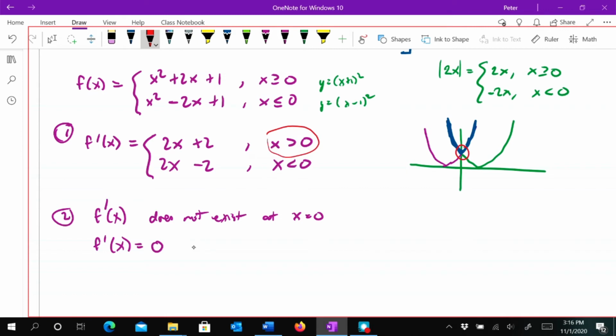So this has no solutions. In other words, there are no solutions to f prime of x equals 0 just because of the way the piecewise function is defined. So the only critical number, or the only critical point, is x equals 0. And you might say, well, can't I just be naive and solve each of these